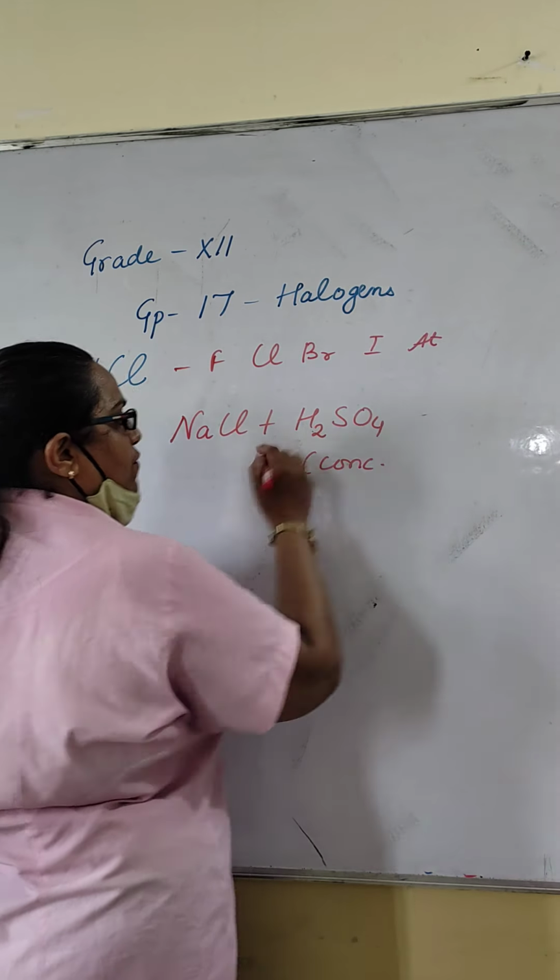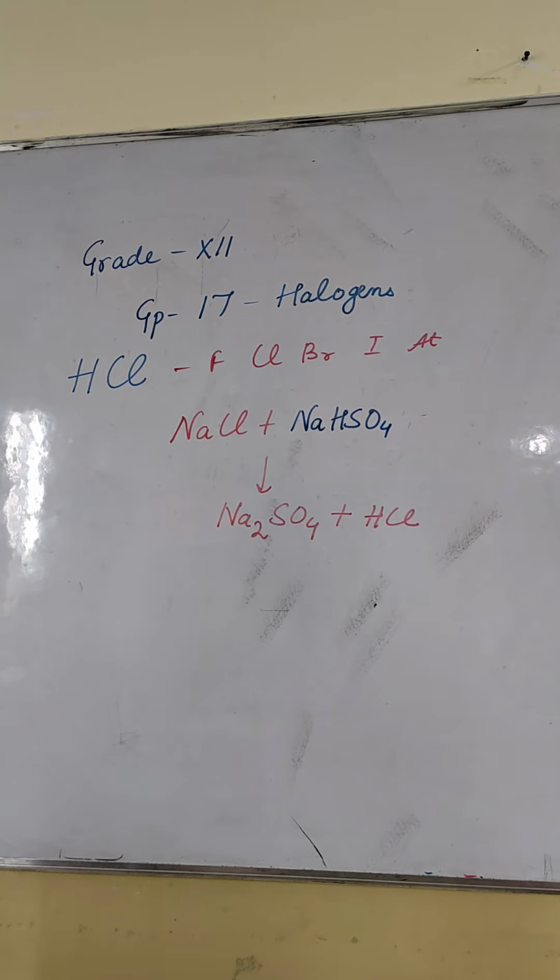Now this HCl can be dried by passing it through concentrated H2SO4, because while we were discussing sulfuric acid, I told you it acts as a dehydrating agent, which means it absorbs excess water. That will act as the dehydrating agent. Next, its properties. HCl, you are all familiar with it because we use it so much in the laboratory.